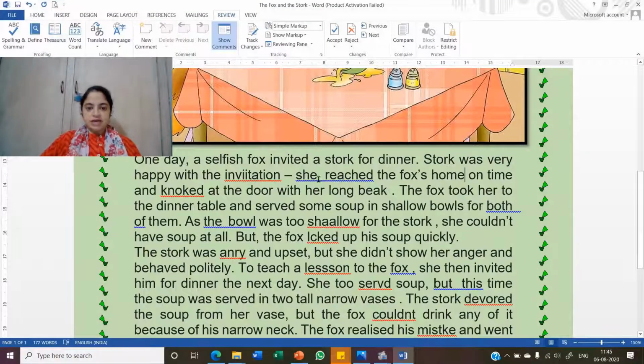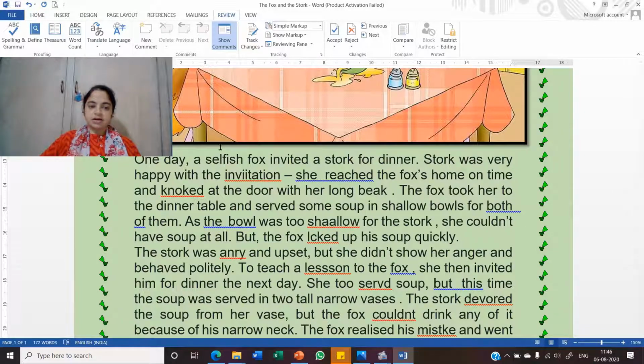Grammatical mistakes can be when you give more than one space between the words. As I had told you in the lab also, always give one space between the words when you type. Here you can see that there are two spaces. Similarly, when we give a space between the word and the punctuation mark, there is a mistake. See here, fox, comma, there is a space, so there is a grammatical mistake. Here also I had given two spaces between the two words, but and these. That is a grammatical mistake.